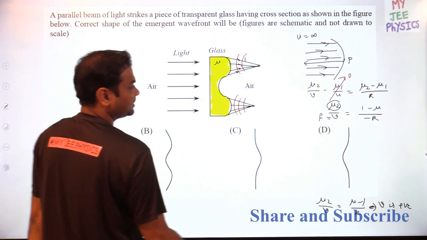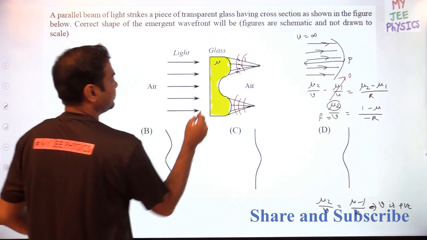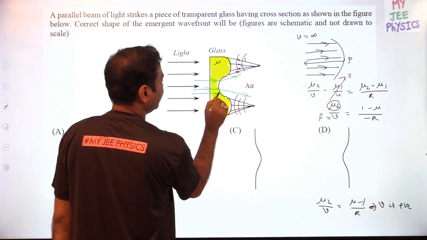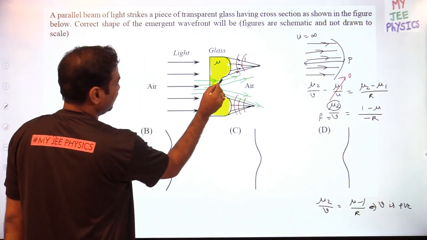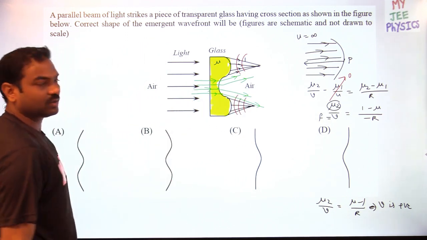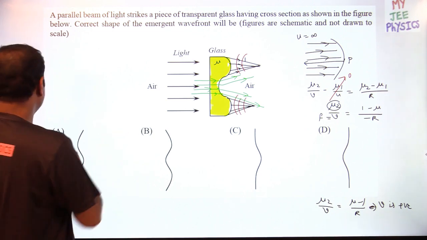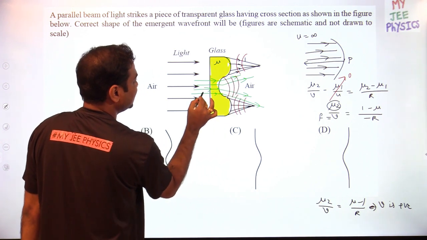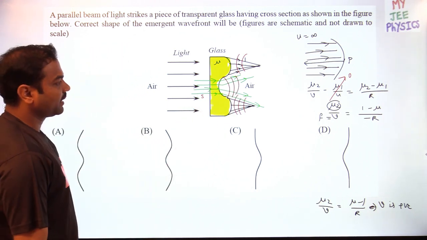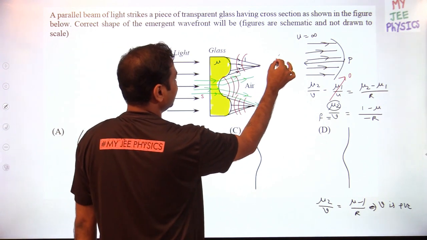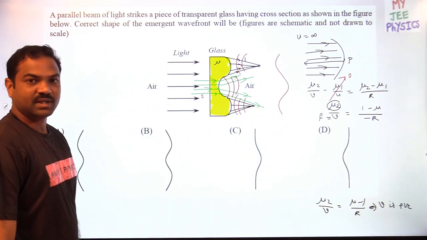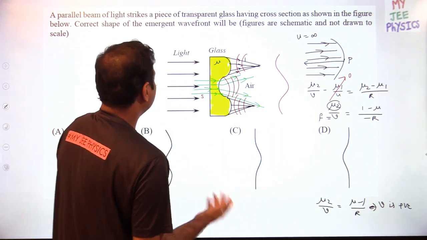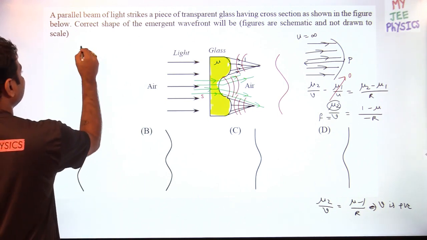I'll take another color to show that the rays which are passing through this particular point will be diverged, something like this. That means all will be extended. If they are extended, then only you will get the focus. So you will get the wavefront something like this, because the center would be somewhere here, focused. Ultimately the shape is something like this. That is the wavefront shape. But this is a little lengthy. Actually, you can do it by using the formula. But the easiest way is something like this.